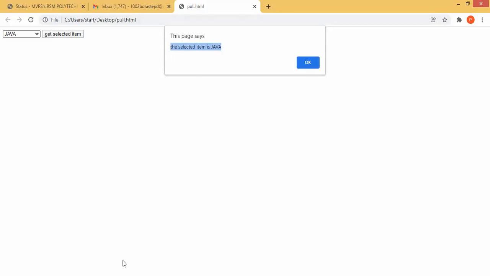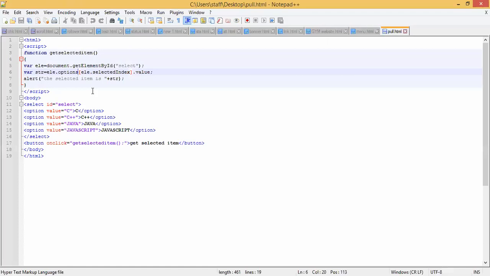In the last example, we have seen it. This is the code for that program. In the body tag, we have taken a select tag to take a pull down menu. Then these are the options which we have shown in that. Then we have taken one button. On the click of the button, it will call get element by ID. Select get element by ID. It will take it by the ID and show which option is being selected.